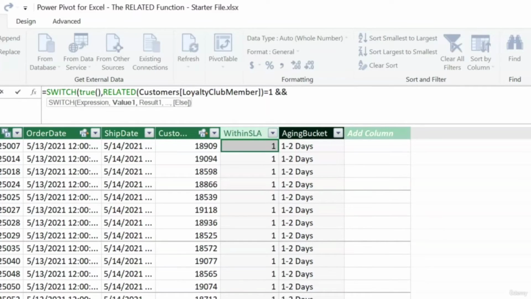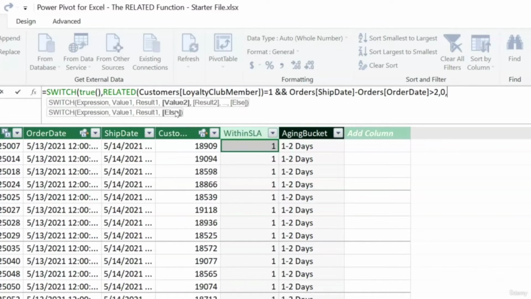And then the second piece of this condition is specifying that the elapsed days between our order date and our ship date are greater than 2. That's that accelerated timeline that we want to provide to our loyalty club members. So we'll say ship date minus order date greater than 2. So now if both of those conditions are true, we want to return a 0,